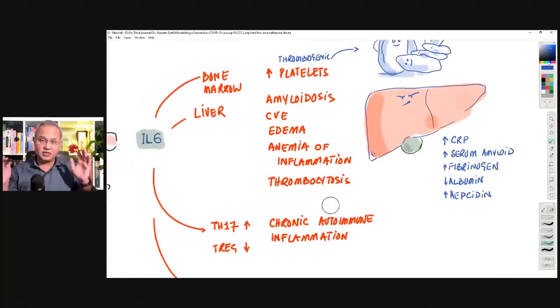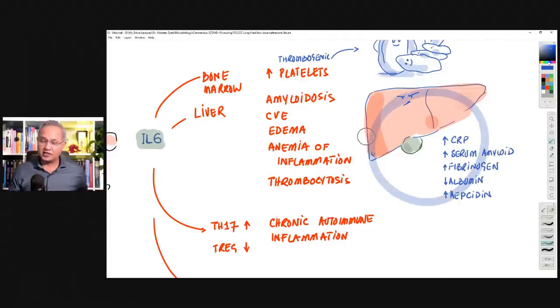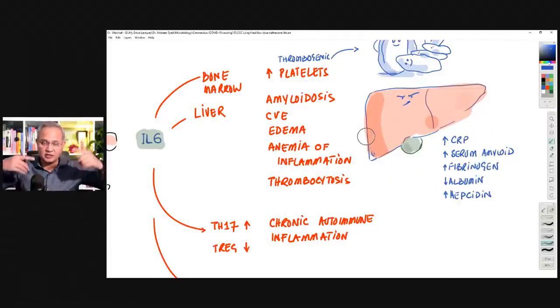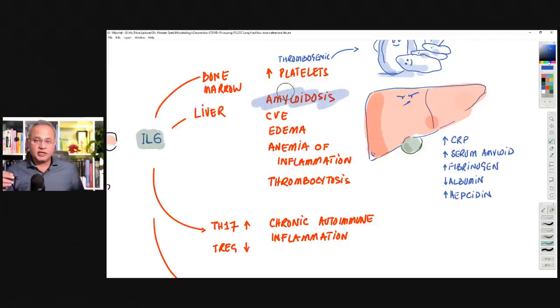Think about somebody who had acute COVID, then they got long COVID. Now their liver is stuck. Their immune system with the liver is stuck in the cycle of chronic inflammation. What is going to happen? Number one, amyloidosis. If we continue to make more amyloid proteins,